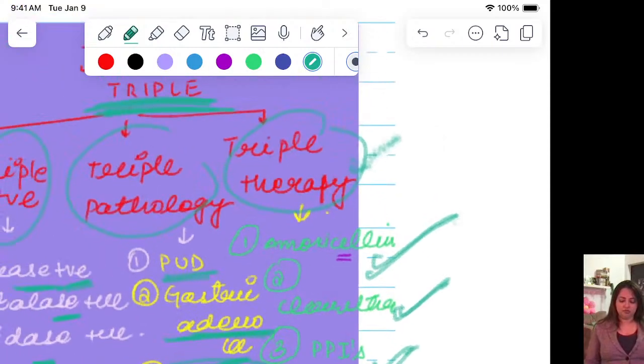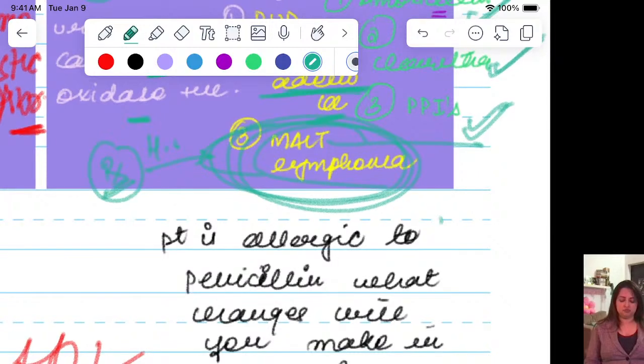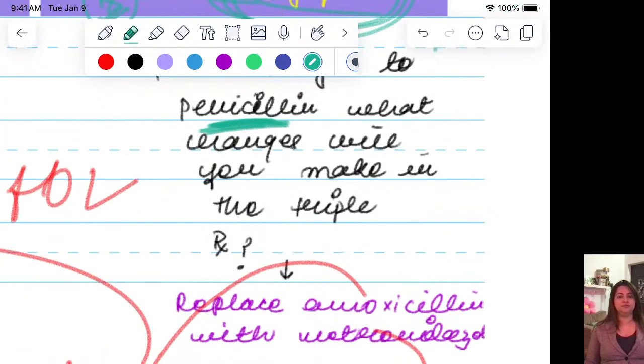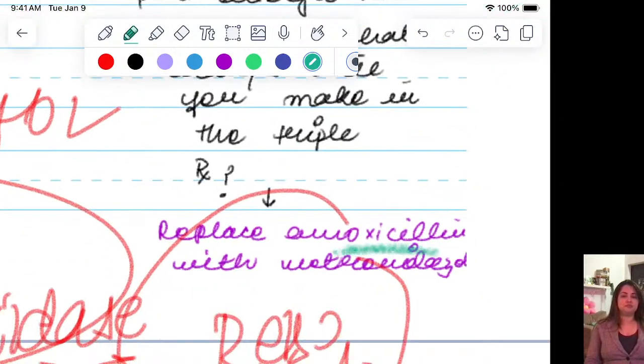Remember. Now, supposing the patient is allergic to penicillin. Amoxicillin is a penicillin. अगर patient को penicillin allergy है, what are you going to do in that case? So remember, you're going to replace amoxicillin with metronidazole in that case. Okay. So if the patient is allergic to penicillin, what changes are you going to make in case of the eradication of H. pylori therapy? You're going to change amoxi with metro. Okay,